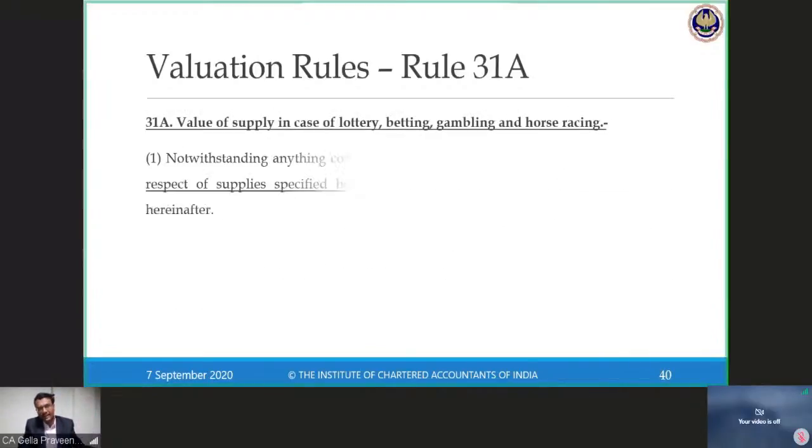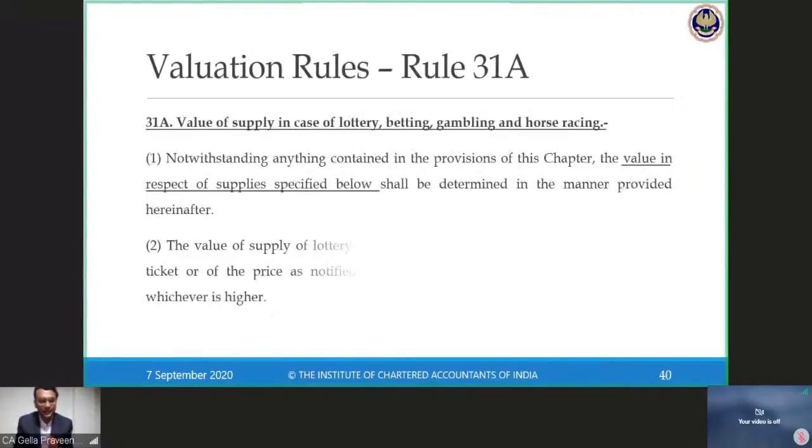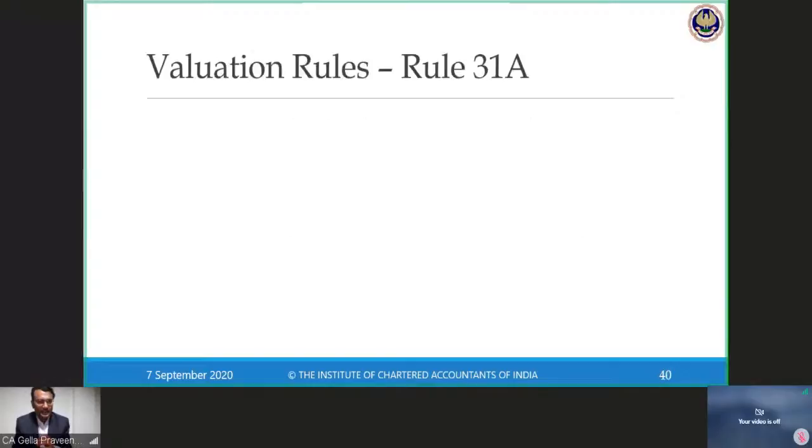Next, Rule 31A. Now, this Rule 31A is something which we have to discuss from Section 15 subsection 4. If you look into your 15 subsection 4, it says the value cannot be determined under subsection 1. We need to travel to the rules. Here, for each and every transaction, these rules define how do we find a value of supply. First example, lottery, betting, gambling, horse race. In relation to this, they say my value of supply shall be,